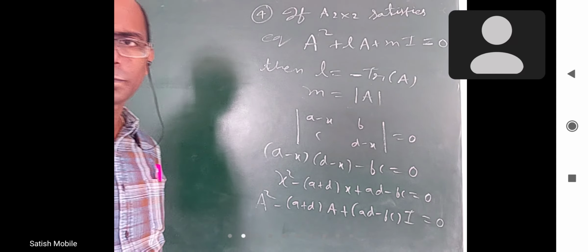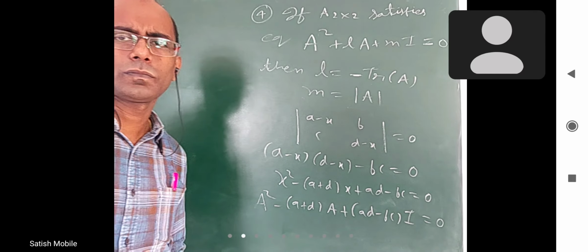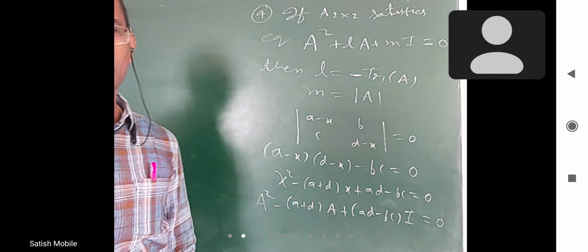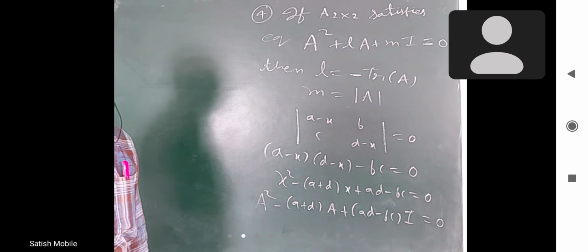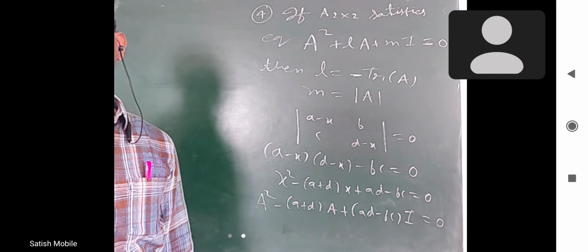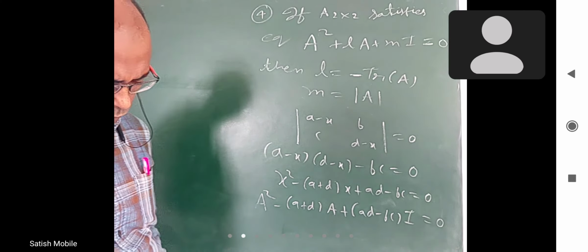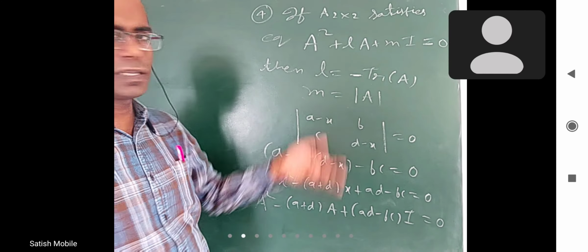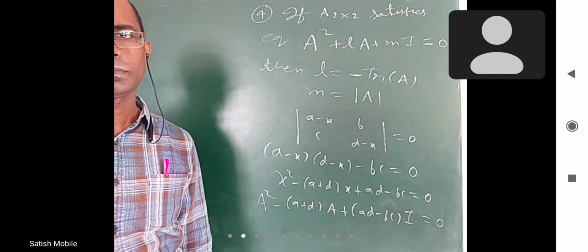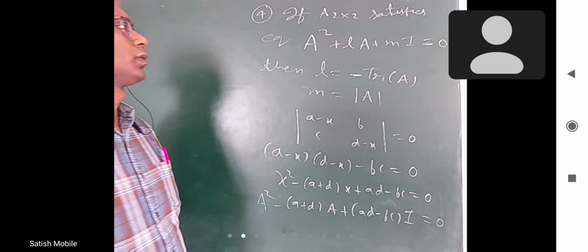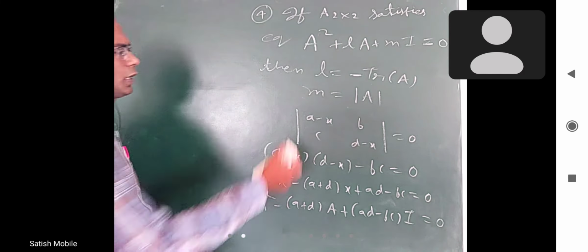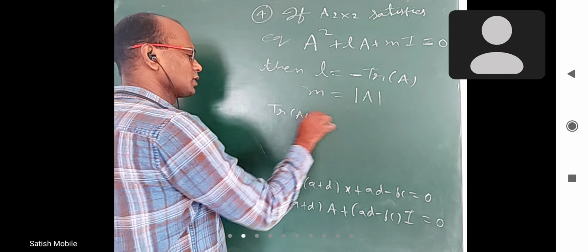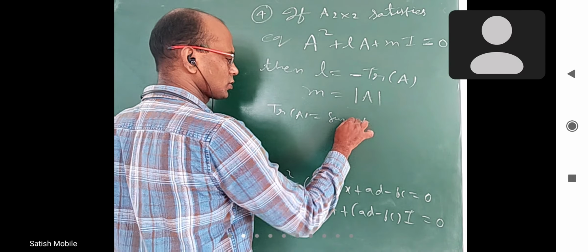Yes, please. Here the coefficient of A square should be 1. If not, you divide with it. Okay. Yeah. I would have given L here, M here, N here, and written L by N here, M by N here also if I wanted. Okay. Yeah. No, if you want, I can do it like this. Trace of A is equal to the sum of roots of the equation. Is it all right now?